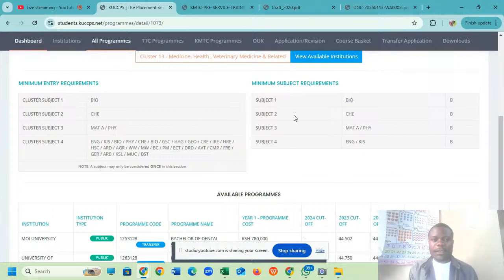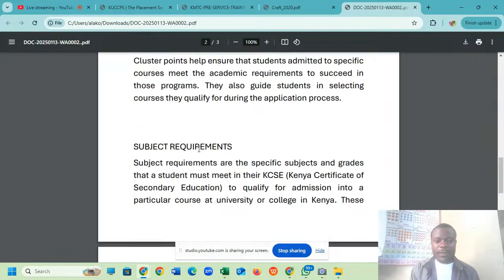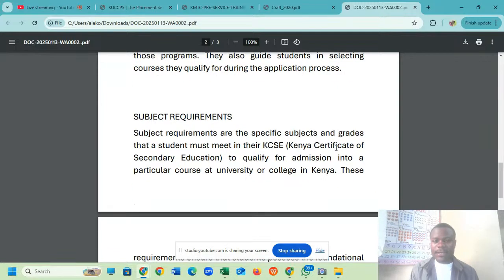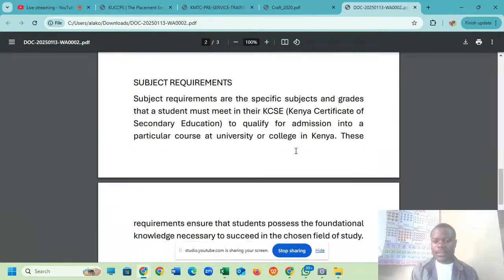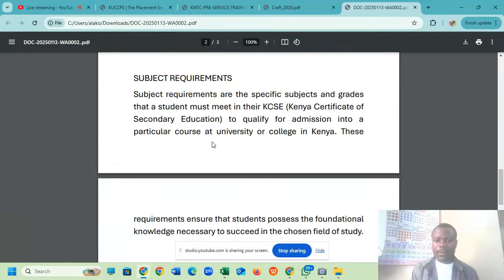So each course has its own subject requirements, and subject requirements are the specific subjects and grades that a student must meet in their KCSE to qualify for admission into a particular course at a university or a college. So, for example, they can say for you to study Bachelor of Education Science, to become a teacher,